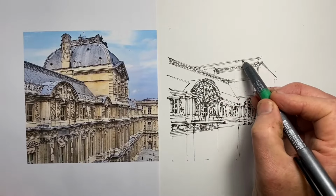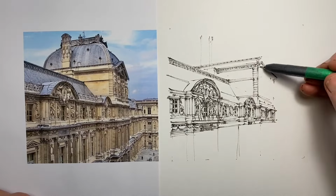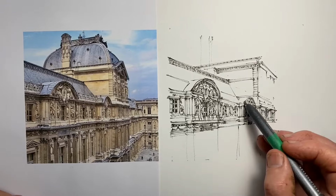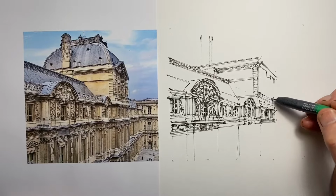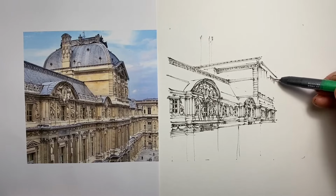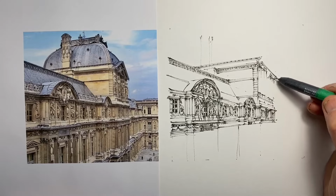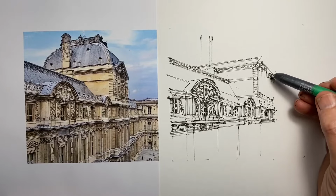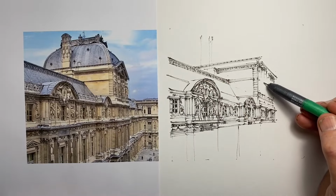And now we have this big ceiling, just speeding up again a bit while we establish the framework that the detail is going to go in. Now we have some large caryatids here, the major figures of this building as well as this facade, and they stand very tall. And again, I'm looking at how far they come out, where they come out. I look at the distance from the top of the head to the feet, standing on the base of whatever platforms they stand on, and then I'm working out